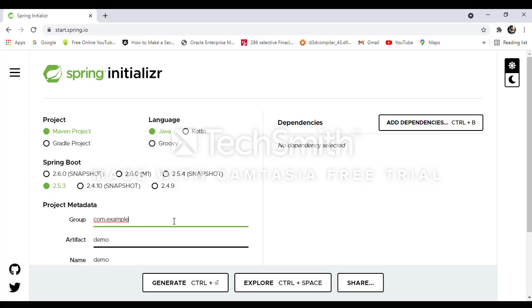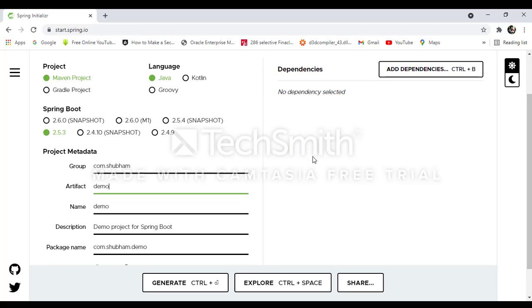Then we create a group id like com.shubham and artifact id demo, right? You can see that when you type the artifact id, the name also changes.